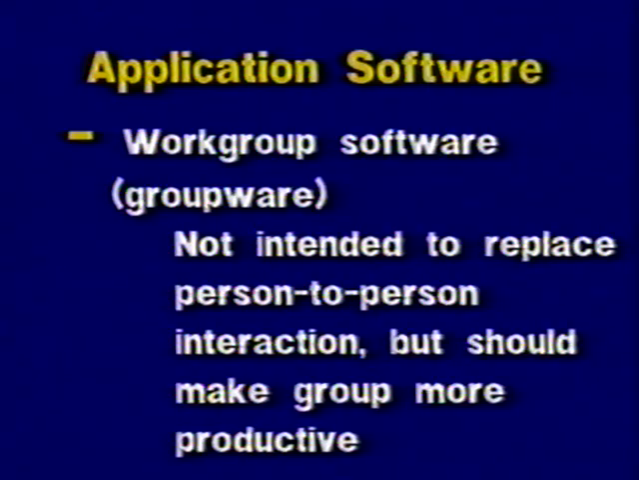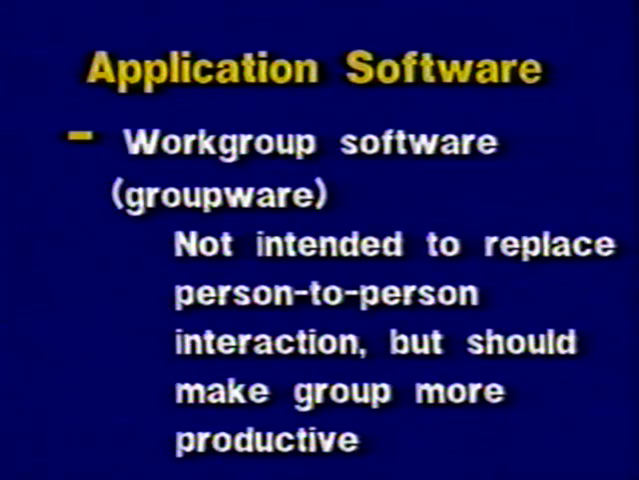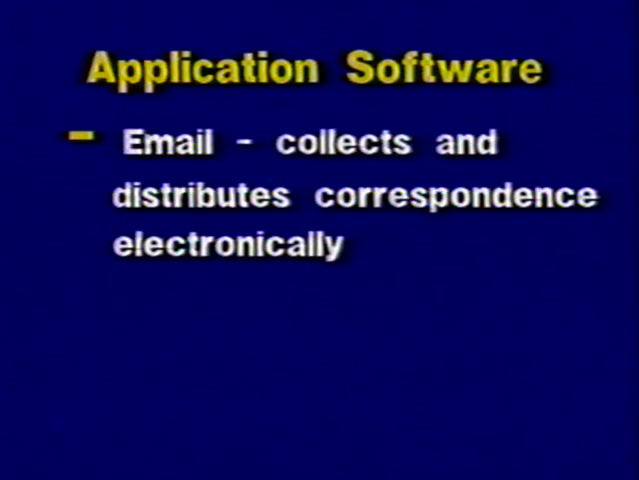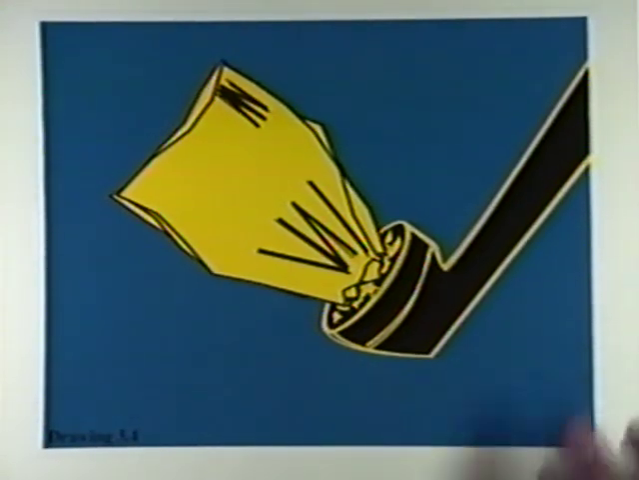So let's look at some examples of workgroup software. The first one, and one that most people are probably familiar with, is email. Email collects and distributes correspondence electronically. Now, based on my experience in teaching this course, some people have never used email and therefore don't exactly know what it is. So I have a graphic here to help understand what email is all about. Email currently is a text-based